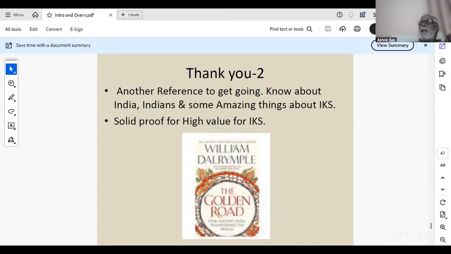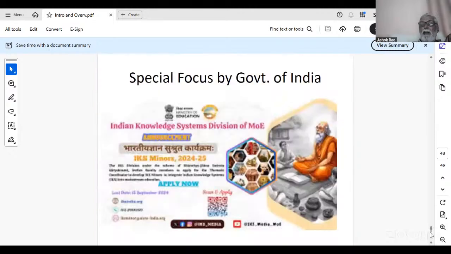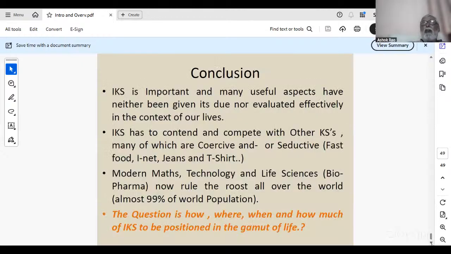It is so impressive and so convincing. I think you should take time to look at that. There is special focus on IKS by UGC. They have a separate division of Indian knowledge system, separate funding, separate support for seminars, workshops, book writing, everything. And in conclusion,